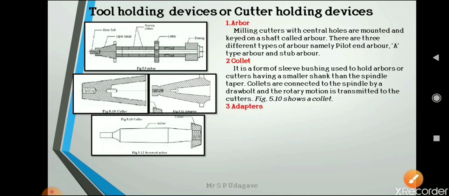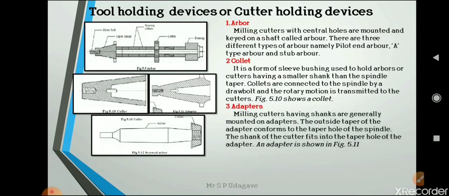Next are the adapters. Figure 5.11 shows the adapter, and milling cutters having shanks are generally mounted on adapters. The outside taper of the adapter conforms to the taper hole of the spindle. The shank of the cutter fits into the taper hole of the adapter.